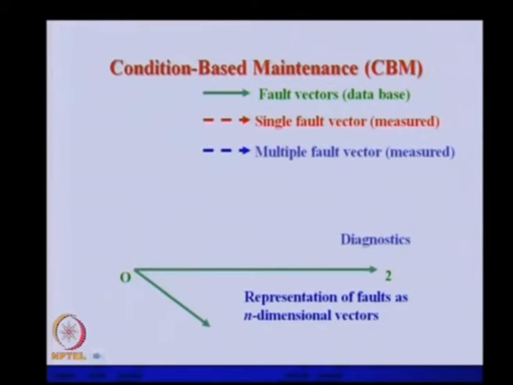In this case, we will introduce one fault in a machine at a time, and find what change takes place in these vectors. If these vectors change, obviously their orientation in the n dimensional space will change. So, the first one may correspond to one particular kind of fault, this one is for another kind of fault, this is for the second fault. Similarly, we can have the third fault state vector and the fourth fault in the machine.